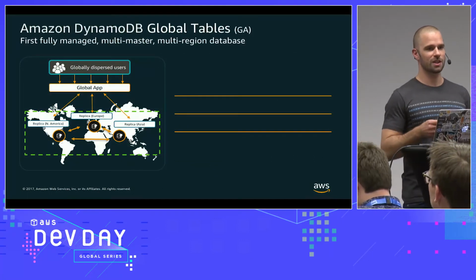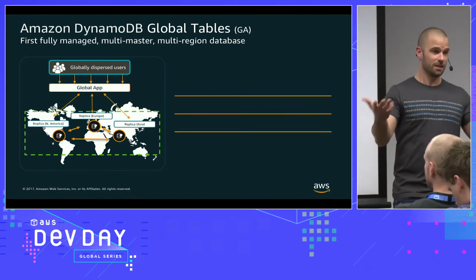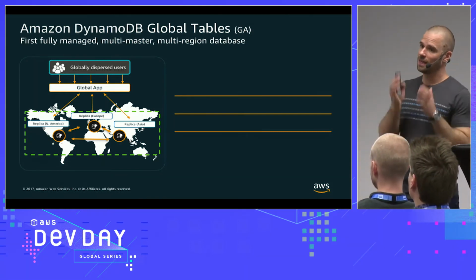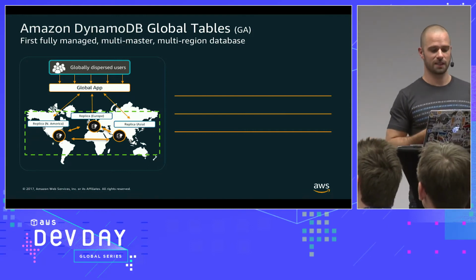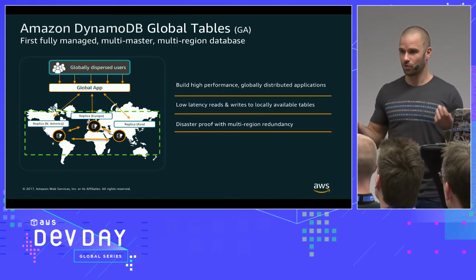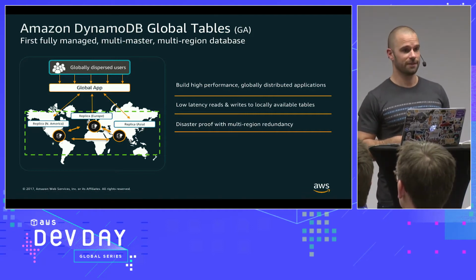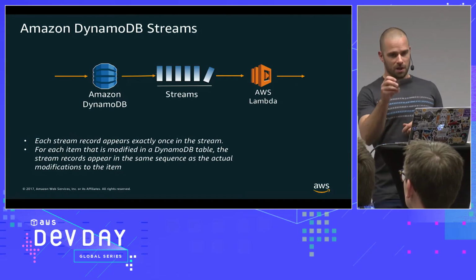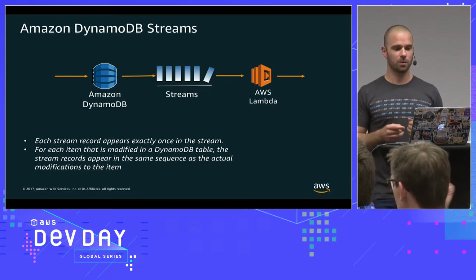And as I say, we just launched now at re:Invent what we call global tables. And global tables is really about replicating a table globally. So you create a table in DynamoDB, and then you can globally replicate it to any other regions just by a couple of clicks. And all those things, very low latency because it sits on our corporate network, and it allows you to do very interesting failover scenarios or active-active scenarios. But I'll make a demo about it at the end, just so that you have a sense of how easy